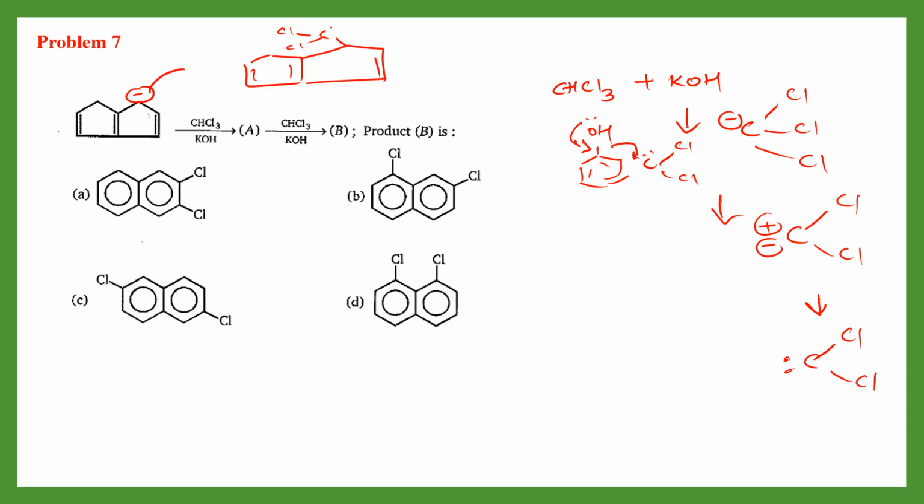And what charge will remain here? Negative, correct? But you can see, no option is there in which a 5 member ring is there, correct? So it means carbene will show its another reaction. Carbene has another function also, insertion